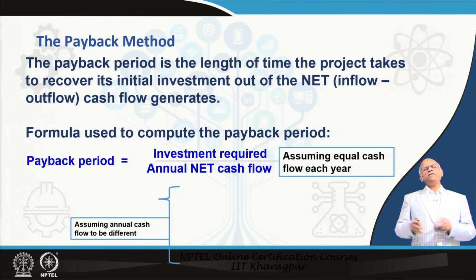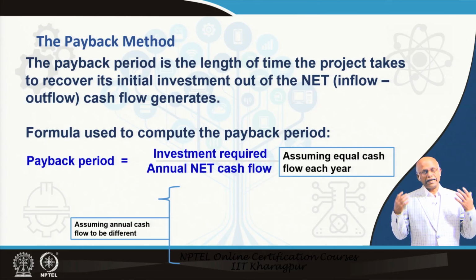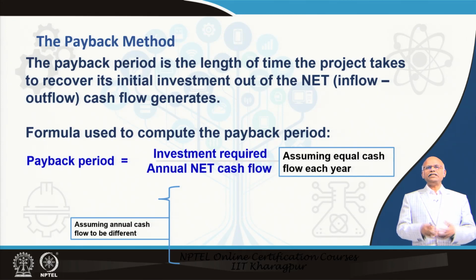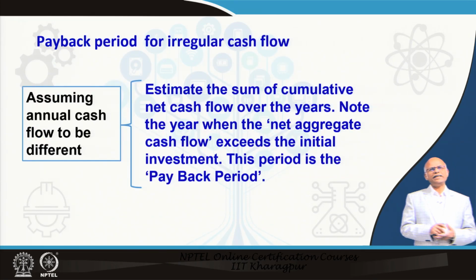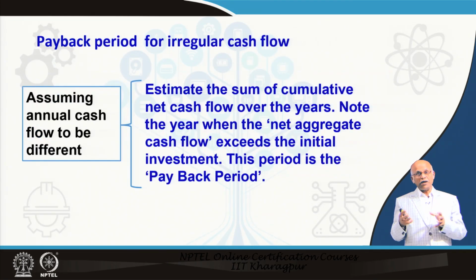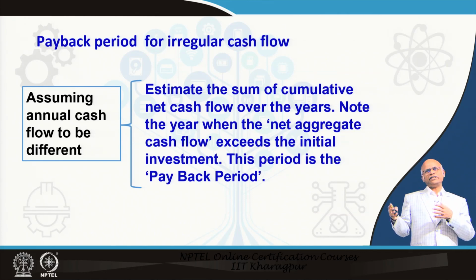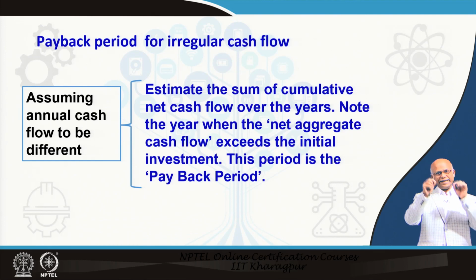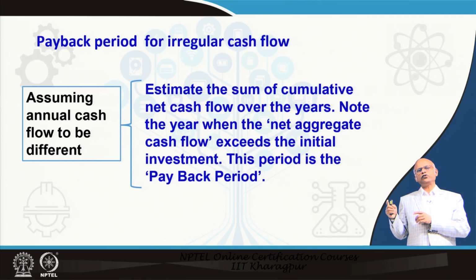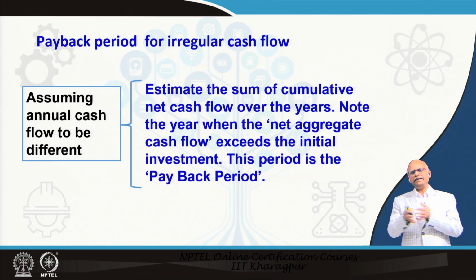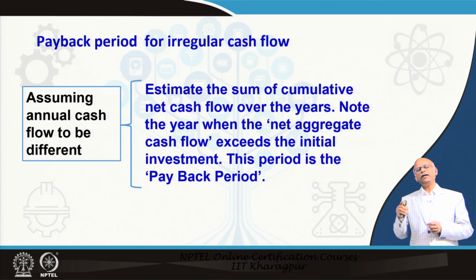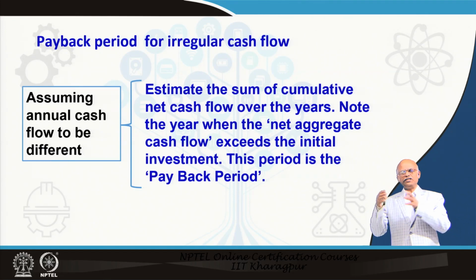See, payback period, if the annual cash flow is the same every year, it is just the investment required divided by the annual net cash flow. Then you get the payback period, as simple as that. But in most cases it is not the same. So, when it is not the same, you estimate the cumulative net cash flow over the years. In the first year, suppose cash flow is x1, in the second year x2, third year x3. So, you keep on adding x1 plus x2 plus x3